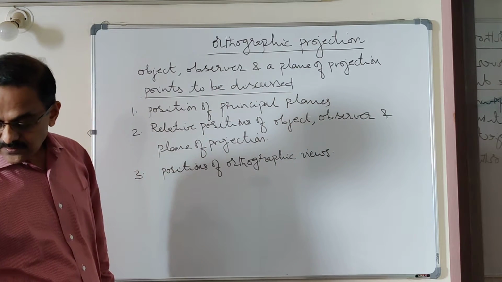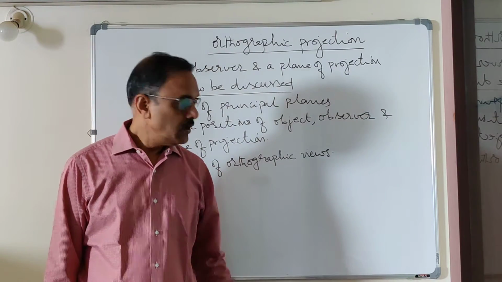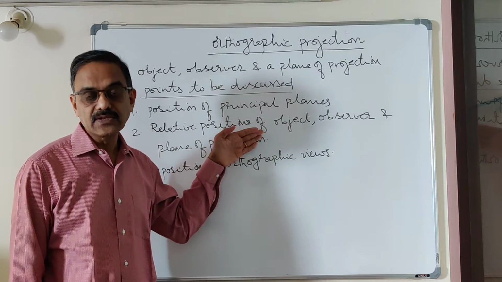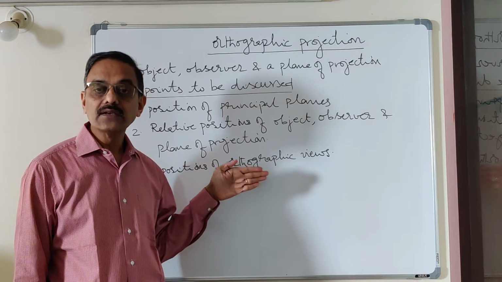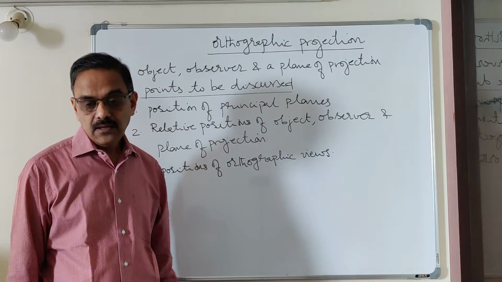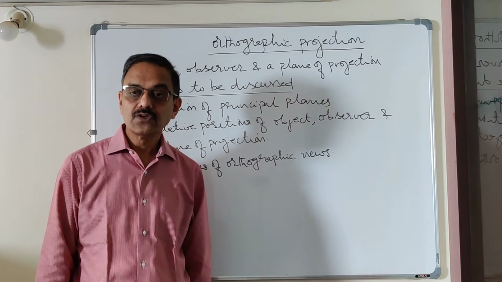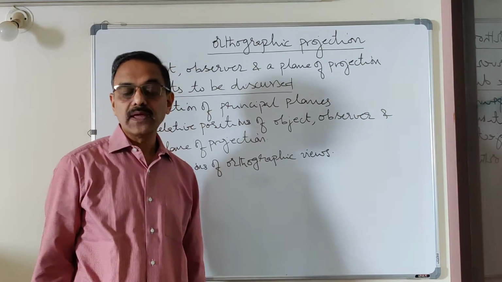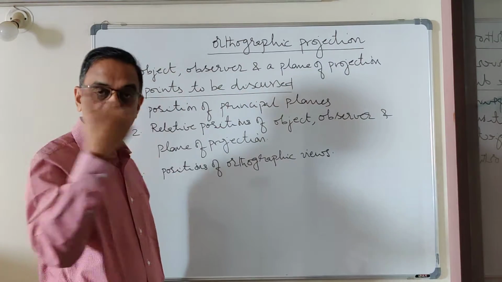Now what are principal planes? Imagine that you are sitting in a room. In a room you can consider this wall to be the front wall. So this is one of the planes, let us say a principal plane. Because this is vertical, I can call it a vertical plane. Shortly it is called VP. Similarly, in a room you have the ground. The ground is a horizontal plane. Shortly you can call it HP. Similarly, you can consider the roof also as a horizontal plane. That's also an HP. And you have the side walls of the room.